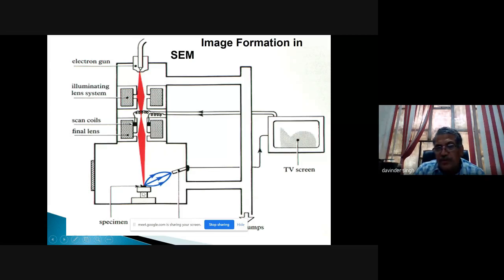And then, depending on what type of emission of electrons is happening, these electrons are detected with different types of detectors, based on what energy range you are interested in, what type of image you want, and what type of sample you have. You have all that connected with the computer, and then you simply